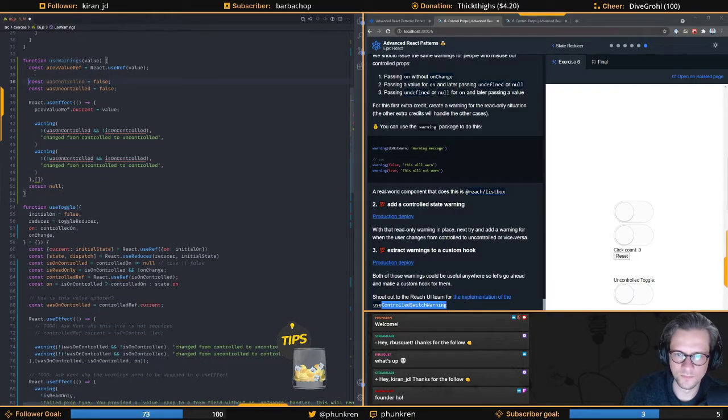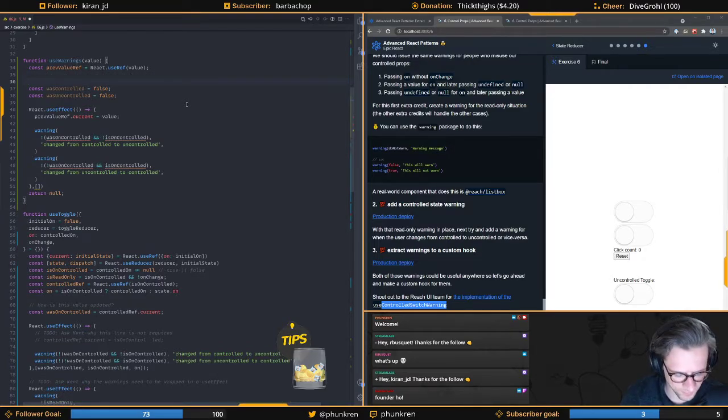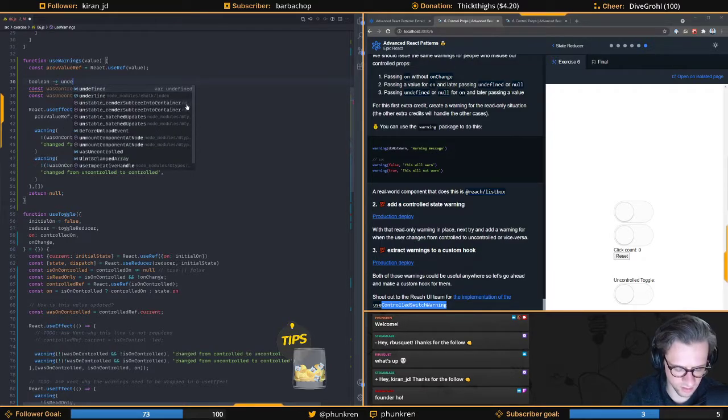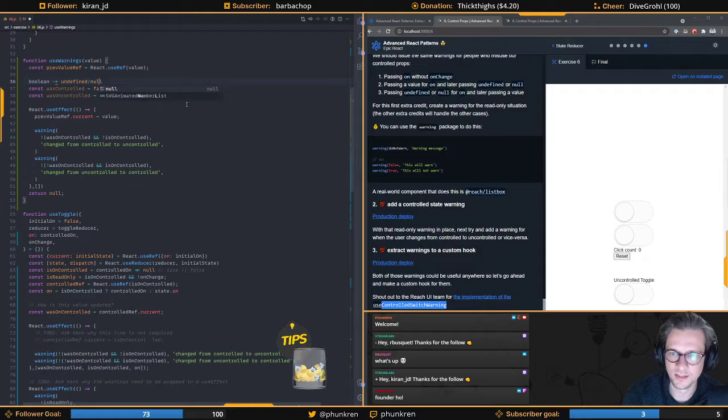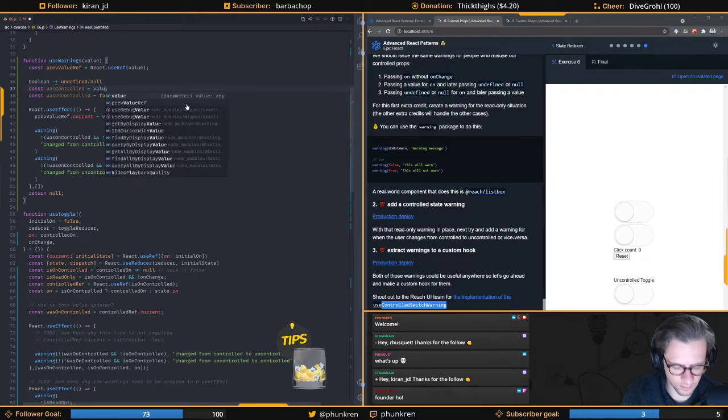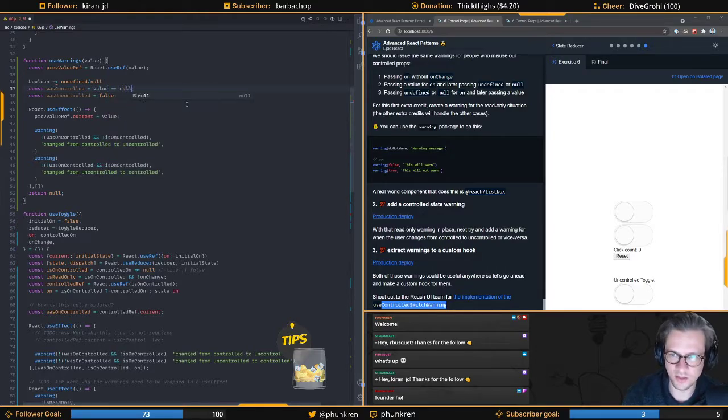Okay, so we can say it was controlled. Okay, so this always messes with my head. We're going from controlled, it was controlled, so it was previously controlled and is now uncontrolled. So it's going from Boolean, which is controlled, to undefined or null. So if value equals null or undefined,